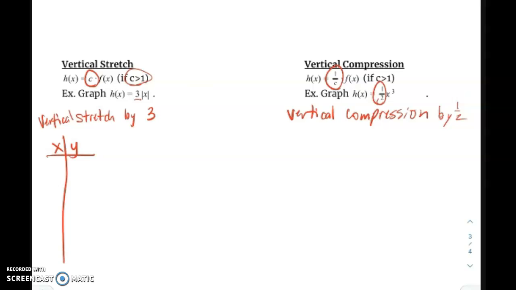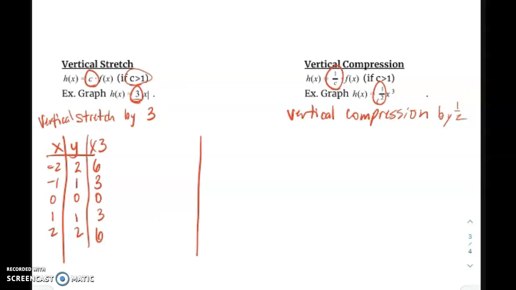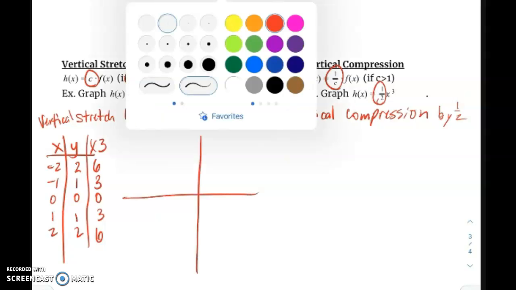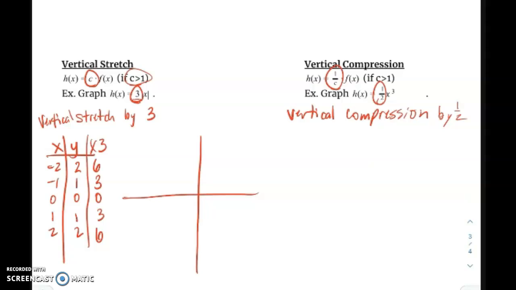Okay, absolute values. We plugged in -2, -1, 0, 1, 2, and we got out 2, 1, 0, 1, 2. And this 3 in front is just telling you to take these times 3. So 6, 3, 0, 3, 6. And you can plot those points. Or you can start with your parent graph, which is really basically the same thing. This would be -2, 2. -1 is 1, 0, 0, 1 is 1, 2 is 2. You would take that